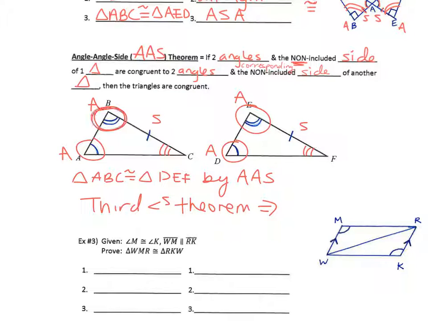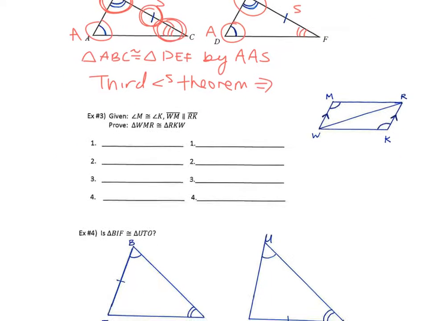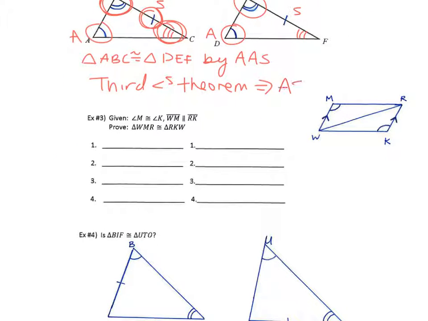So you could say this is ASA. Does that make sense? Okay. So just keep in mind, it can be ASA or AAS. If you do the ASA route, it's an extra step, okay? All right,